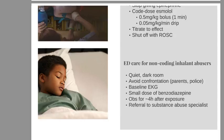So these people, you need to put in a very, very calm environment. A calm room, dark room, minimal stimulation. Don't let the parents or police confront them, because what you're trying to do is prevent intrinsic adrenaline secretion. Get an EKG at baseline to see if they have any evidence of channelopathies already. Do they have a widened QRS? Do they have a long QTc? Maybe give them a whiff of benzos to make sure they stay calm,